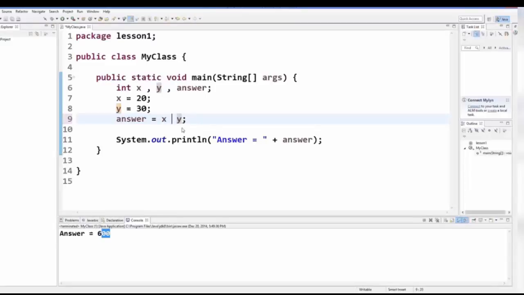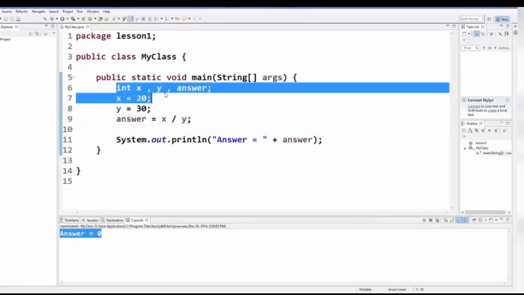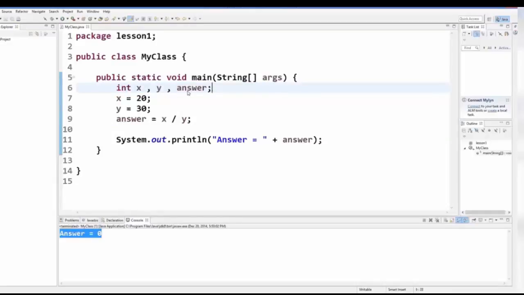So when you want to divide two values, for example I will divide these two values, you will expect some decimal values as an answer, right? But let's try to get the answer, and answer is 0 in this case because we have declared all these values as an integer. Okay, so answer is also an integer variable, and x and y are also integer values, right?